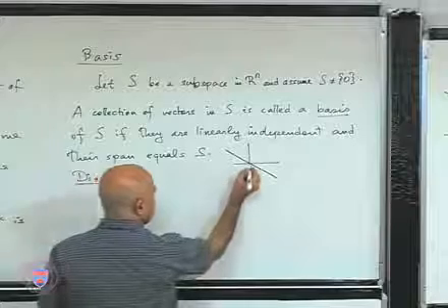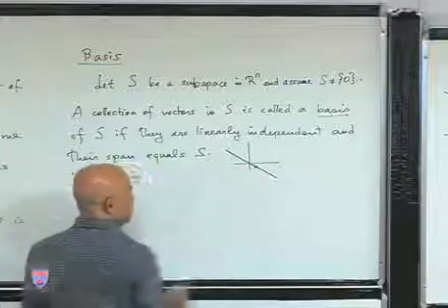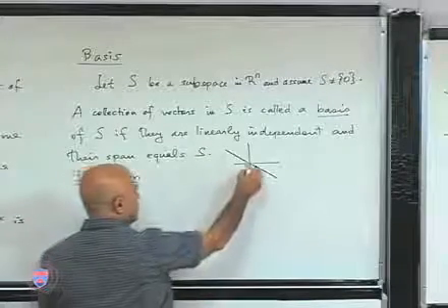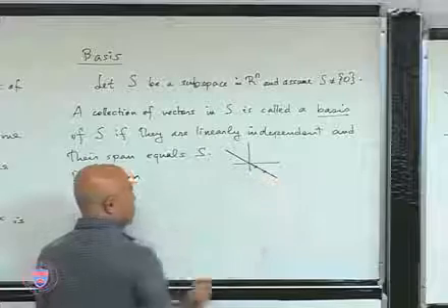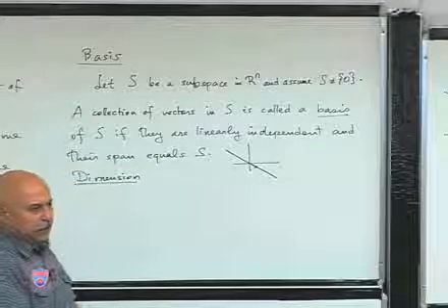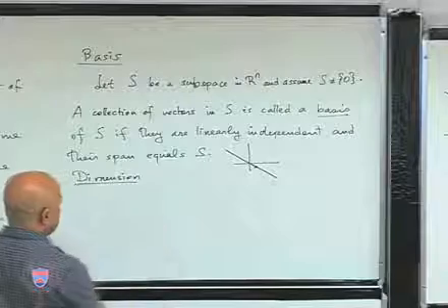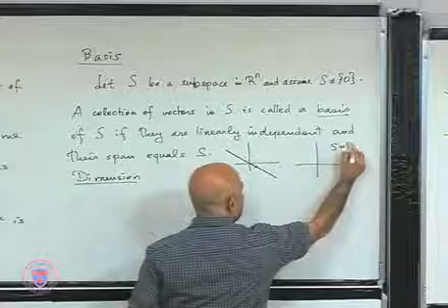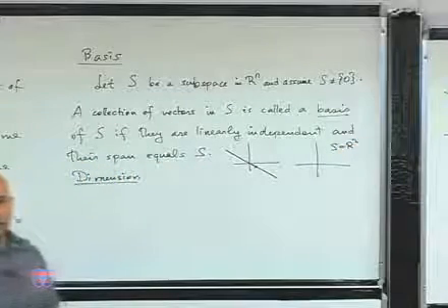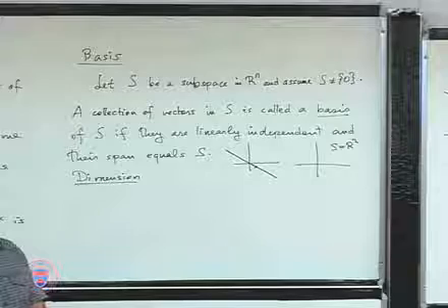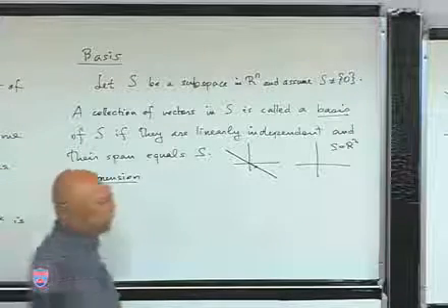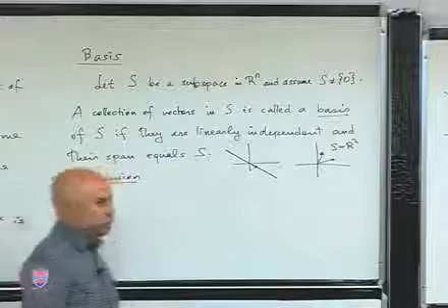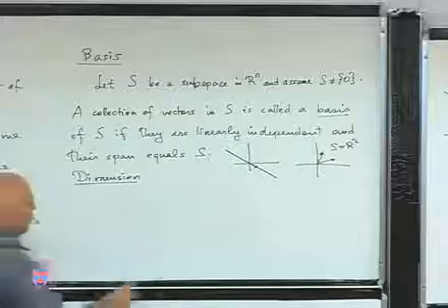Because if you have a single vector which points this way, for example, if you take any linear combination of that, including 0, you get the span of the entire set. Okay? So, if R2 is your set, in that case, you will need 2 linearly independent vectors, so that any linear combination gives you the entire set. For example, these 2 will work. Okay? In the first